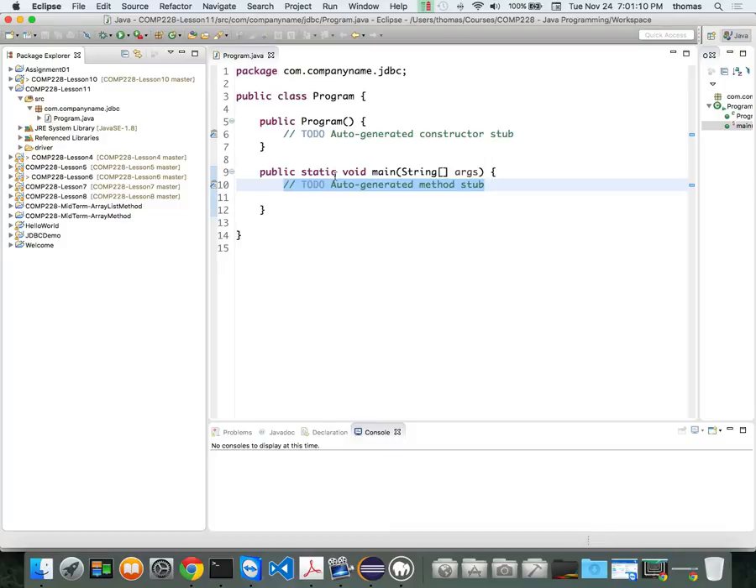I need to know the username. I also need to know my password to get on. I should also know my connection string, right? If I don't know those things, I can't connect to the database. Those are the first things. But I don't want to create it